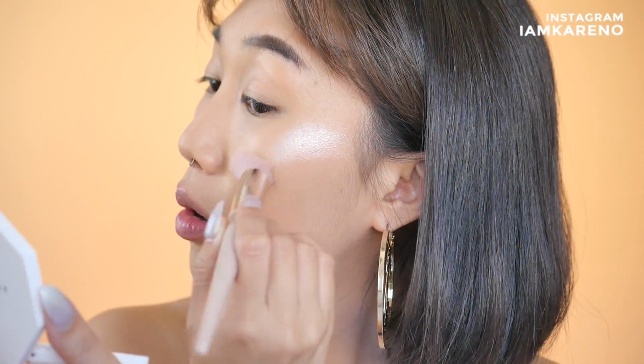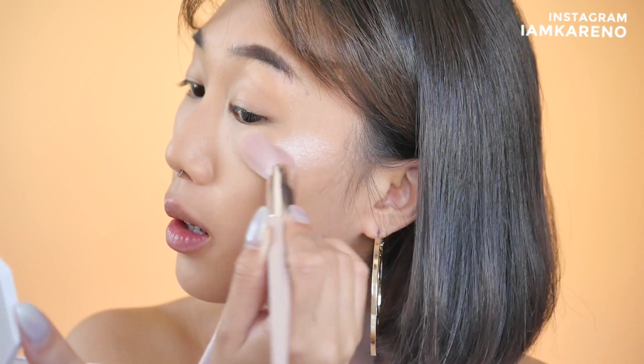Oh my god. This is beautiful, right? Wow. Okay, I'm very impressed. The highlight is just so pretty. Oh my goodness. Now I'm going to be using the color Lightning Dust and apply it on the tip